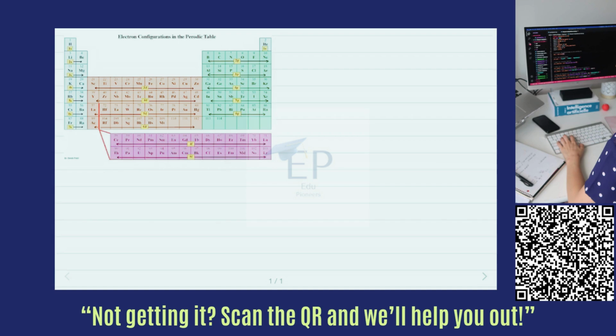So for this problem, we're going to be drawing the orbital filling diagrams with our arrows. So starting with A, we are looking at the element that has an atomic number of 25. So with that, the noble gas that is before it is argon, so we're going to put that in brackets. Then the orbital that comes after that is 4s, and it is full, so we have one arrow going up,